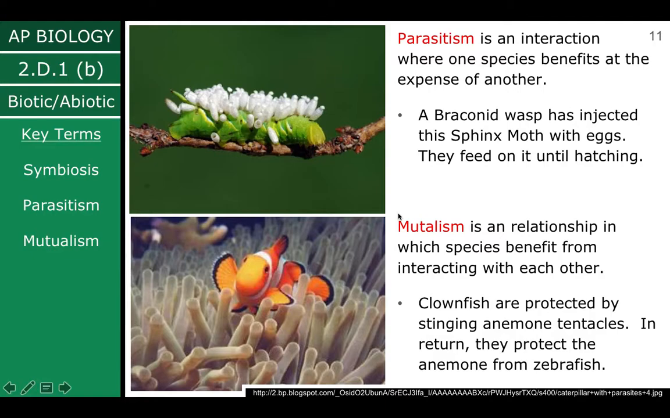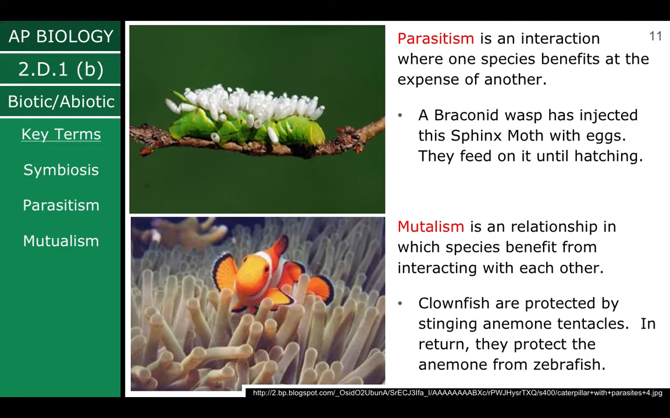So parasitism is an interaction when one species benefits and the other species is actually harmed. And that's important to know because they differ slightly. So it's important to know in parasitism, one benefits, one is harmed. So in this one, this wasp has injected a moth with its eggs, which is really gross. And basically, the eggs feed on it until they hatch. And so this moth is obviously the species being harmed, and the wasp is the one benefiting because the wasp